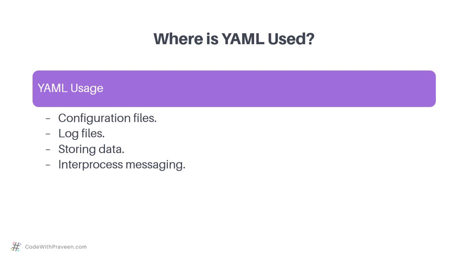Next, YAML can be used when you have various processes and you need to exchange messages between them. So when you have client and server applications and you want to exchange the data between these two applications, then you can use YAML in this specific juncture. Moreover, since it's portable and language agnostic, you can use YAML when you want to share the data between cross-language applications. Your client might be written in, say, Python, and your backend can be written in, say, .NET. In these cases, you can use YAML to share the data between these two applications.